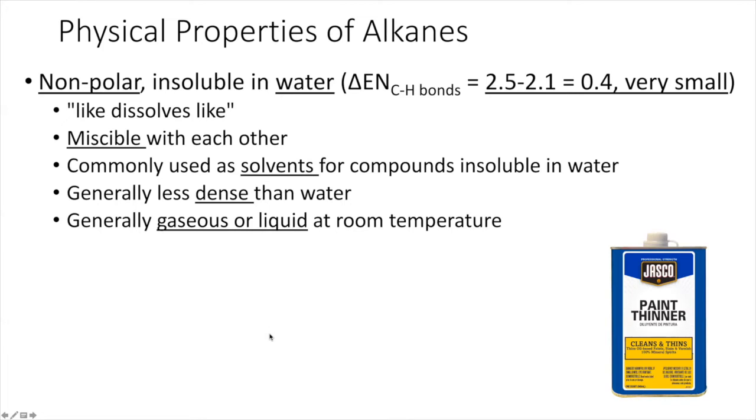And we use them to dissolve things that are not soluble in water. They are generally less dense than water. If you mix a liquid alkane with water, they would separate into 2 layers, and the alkane would be floating on top of the water. And the phase that they are in, generally speaking, is either the gaseous phase or the liquid phase at room temperature. Okay, and I put this picture up here because you can buy alkanes at Home Depot or lots of other places. They are often used as solvents for things that don't dissolve in water, like grease and paint, okay,